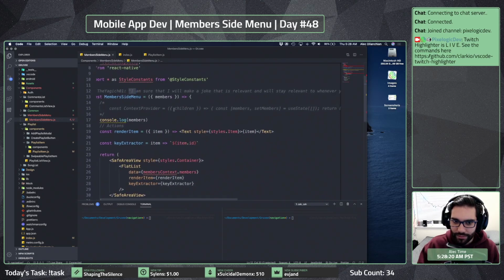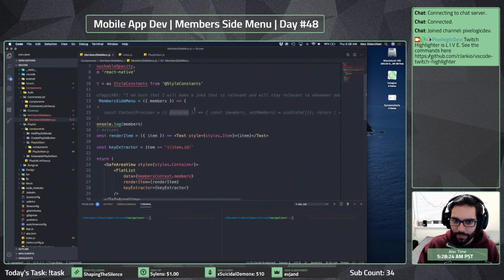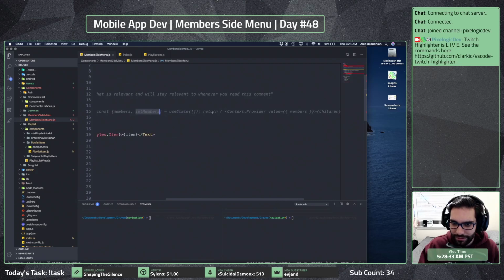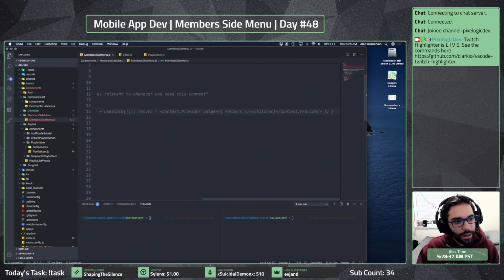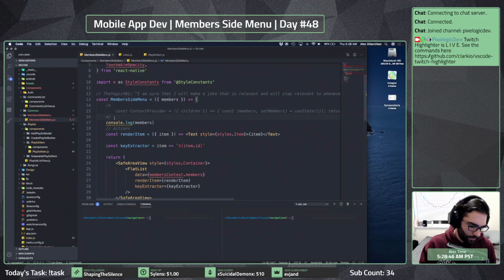So the context provider ends up being a function that takes children, and then we have the members and set members. We set a state on there and we return the actual context provider component. Interesting. Okay, we're gonna try this out.